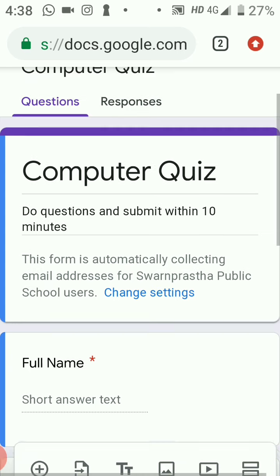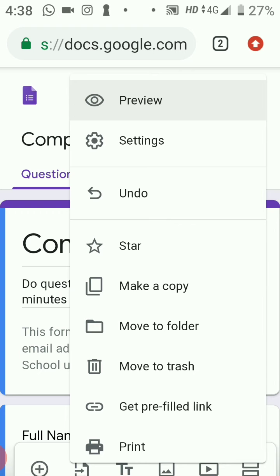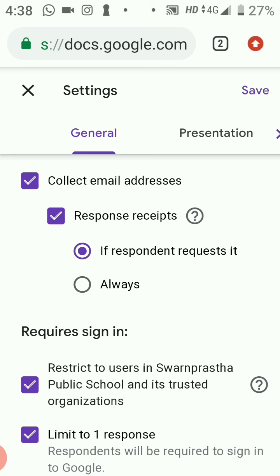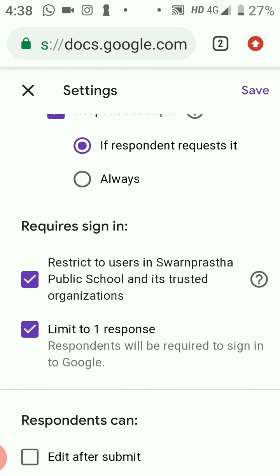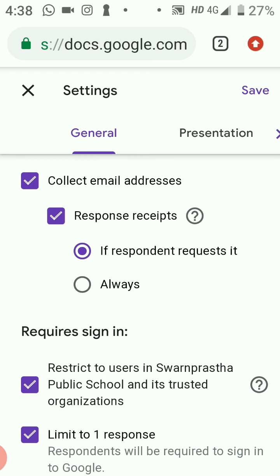I'll click on change settings. In change settings, I have already selected collect email address, limit one response, and add date after submit. All these are the general settings.